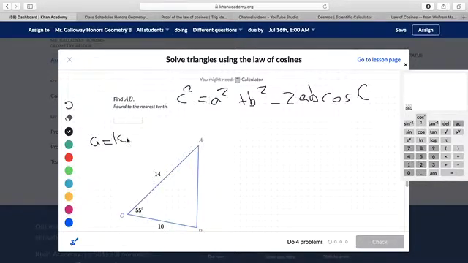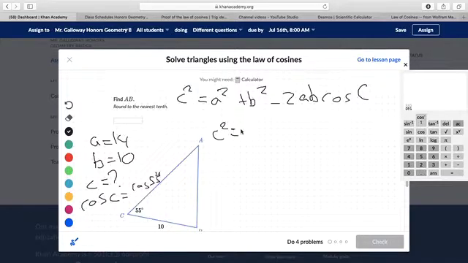All right, we're going to say that a equals 14, b equals 10, and therefore c is what we're trying to find out, and cosine c is going to equal cosine 55. Now we're just going to substitute these numbers in. C we don't know, so we're going to leave it c squared. Then a is 14, I'll make a red, so that'll be 14 squared, plus, we'll make b green, 10 squared, minus 2 times a, which is 14, and then b, which is 10,